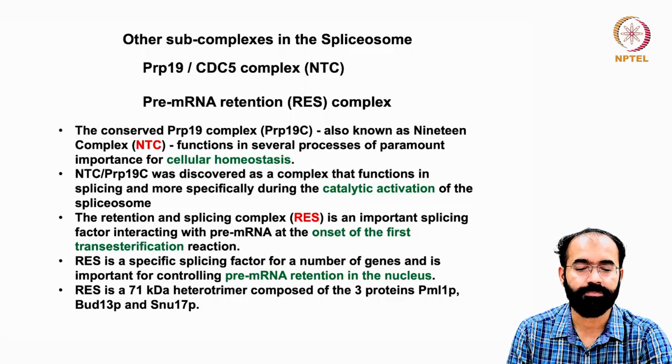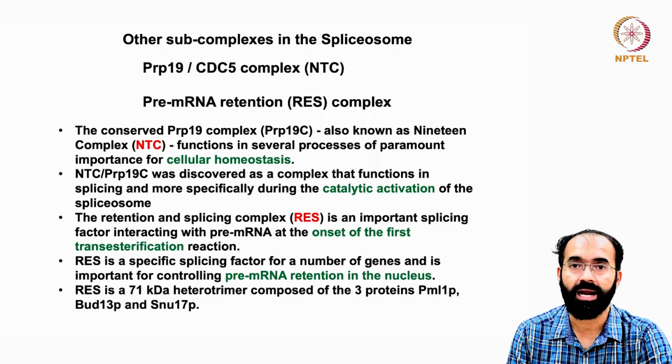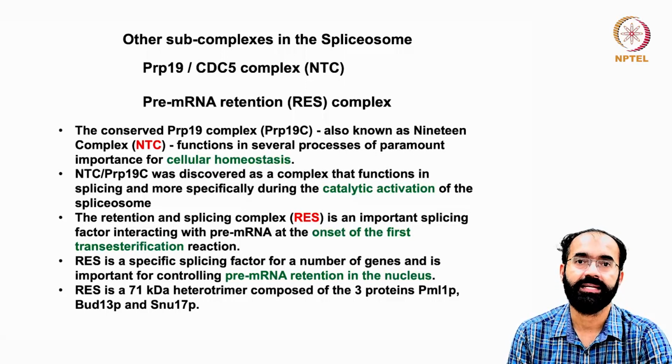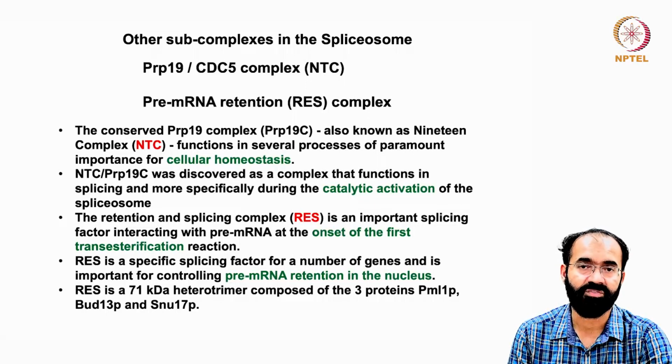So RES is a specific splicing factor for a number of genes and is important for controlling pre-mRNA retention in the nucleus. So RES complex also makes sure that no unwanted or unprocessed RNA move to the cytoplasm. So it retains the incomplete or intermediate or half complete RNA, pre-mRNAs are retained until it is ready for export